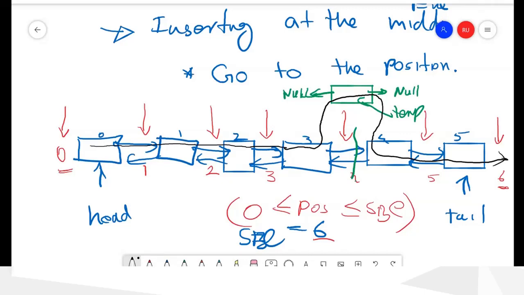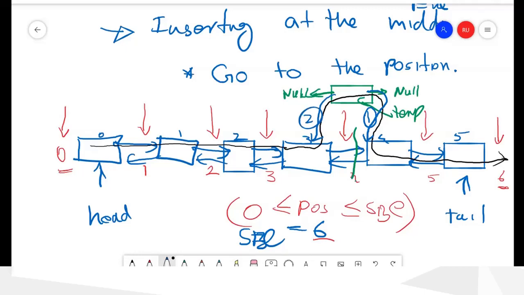Before changing these links, it's safer to modify these two links, because these two links are not affecting the linked list. So first we will make this one here and this one here.